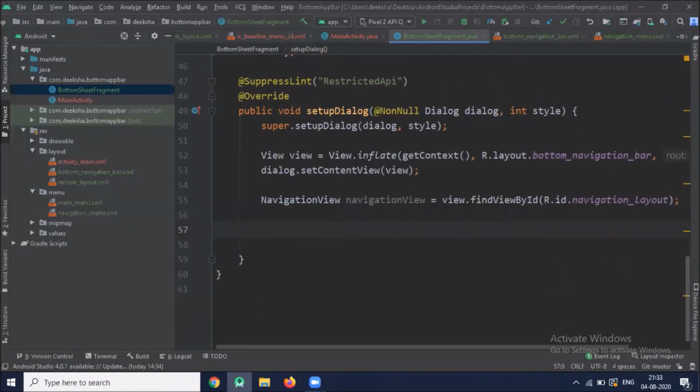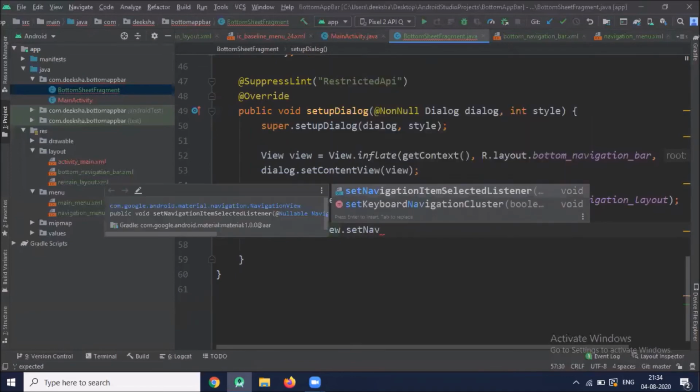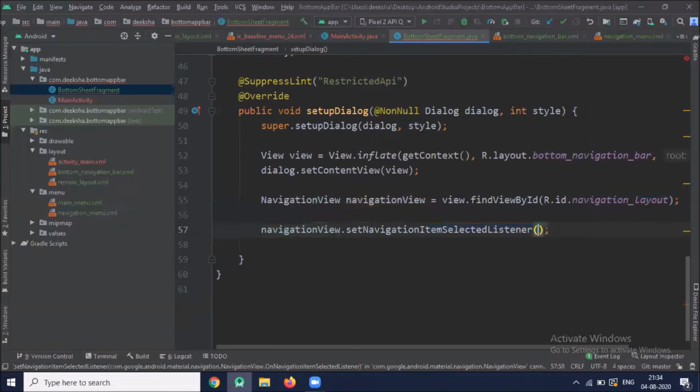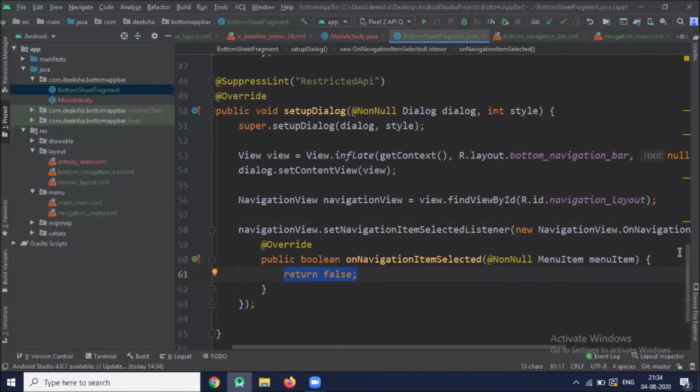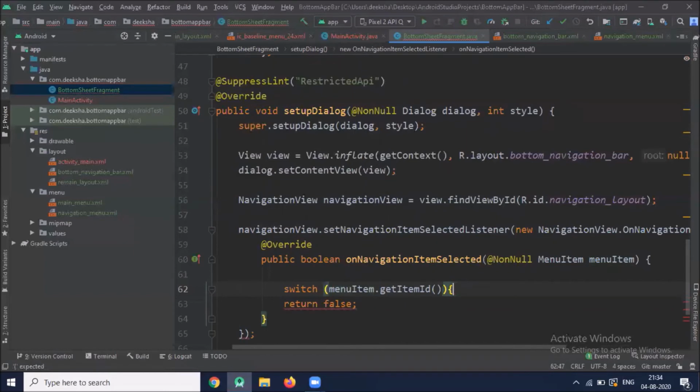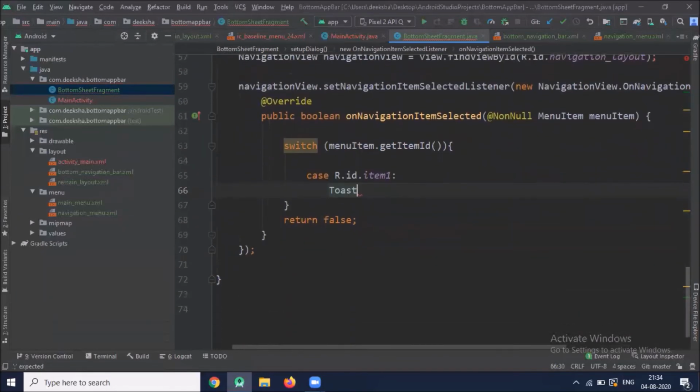Now we implement the navigation menu item click event. So here navigation view dot set navigation item selected listener. So when I click on items, it displays toast message.